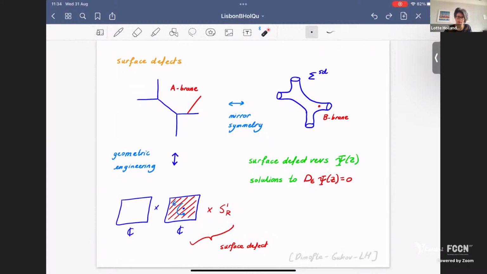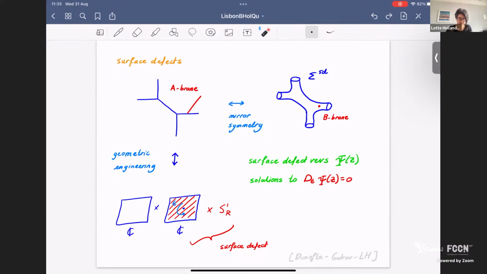Then there is another thing that we want to do later in this talk, and that is we want to consider certain defects in these theories. From the perspective of topological strings, we would like to consider certain branes which we insert in these geometries. On the A side, this will be a so-called A brane. On the B side, these will be B branes, and the moduli space of these B branes is really this Seiberg-Witten curve. So this is important. By geometric engineering, these brane insertions correspond to surface defects, and we will be particularly interested in the surface